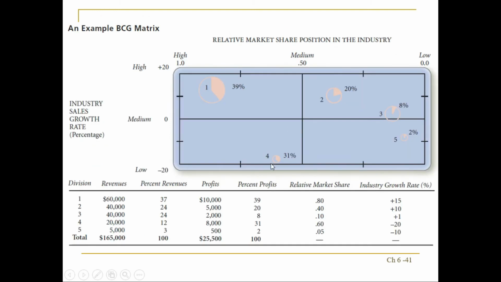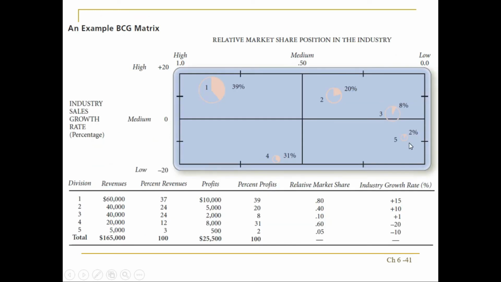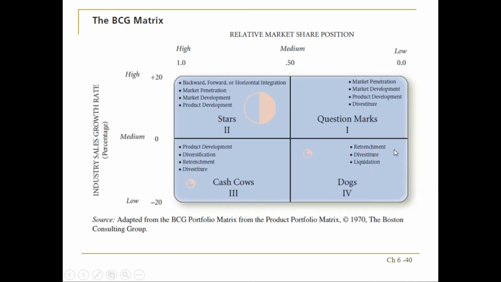The fourth division lies in the cash cows quadrant, and that firm requires product development, diversification, retrenchment, and divestiture. And the fifth division lying in the dogs area, in that area retrenchment, divestiture, and liquidation are the better policies. So here you can decide about your own organization, your own division, with the suggested strategies,